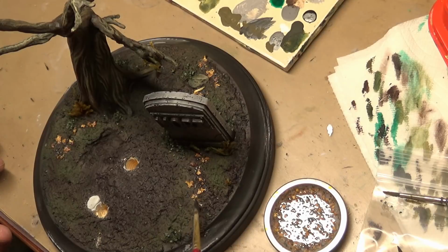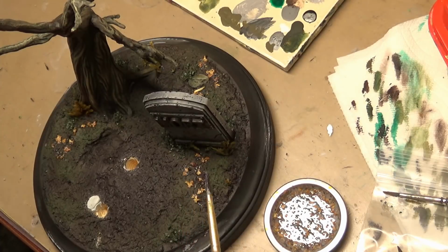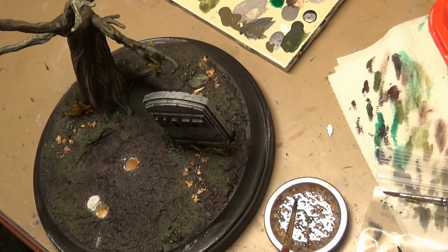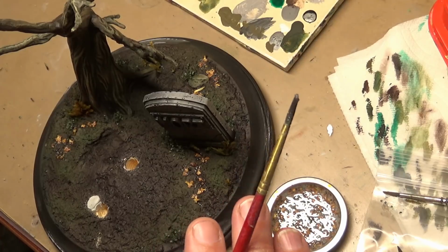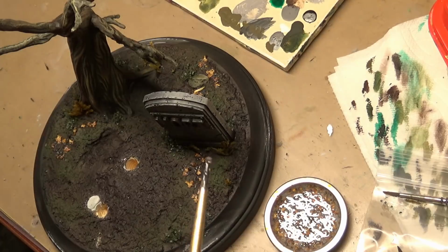Added a little bit of ivy here and there. That is from Army Painter, and it's called Ivy. Really don't like it. It just has an odd, unnatural look to it, but I didn't have anything else, and I thought I'd try it. I never used it on such a large scale. But anyway, last thing I want to do here is put on some leaf litter, and I have this stuff,